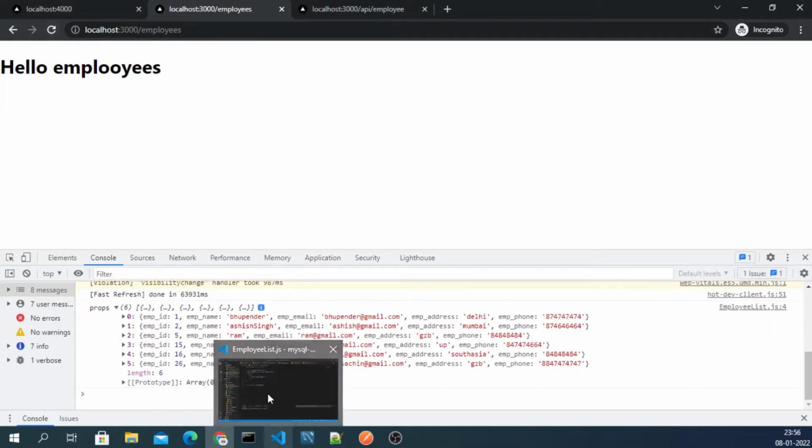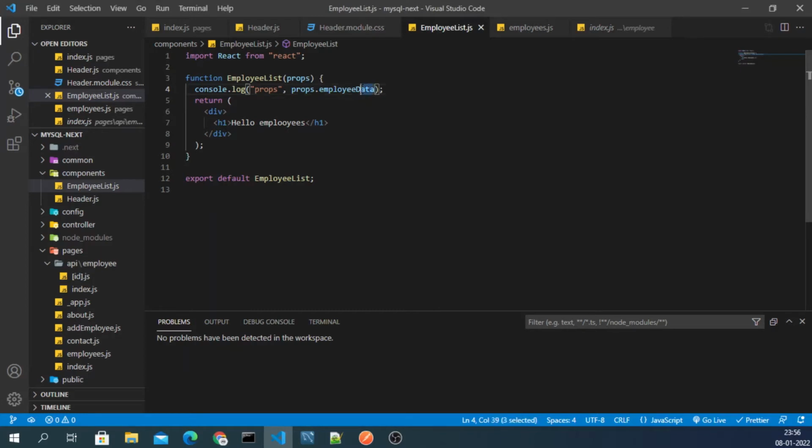But we will not follow this way. We will simply destructure this thing from the props. So I'll just copy this, and from here I'll simply destructure it, and we will remove this one. Still the result will be the same.